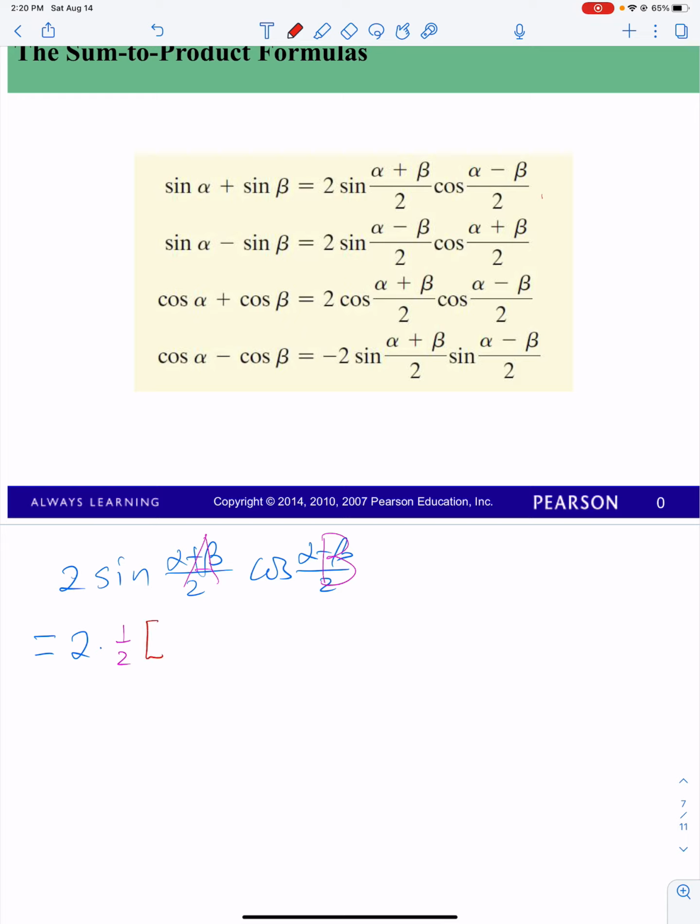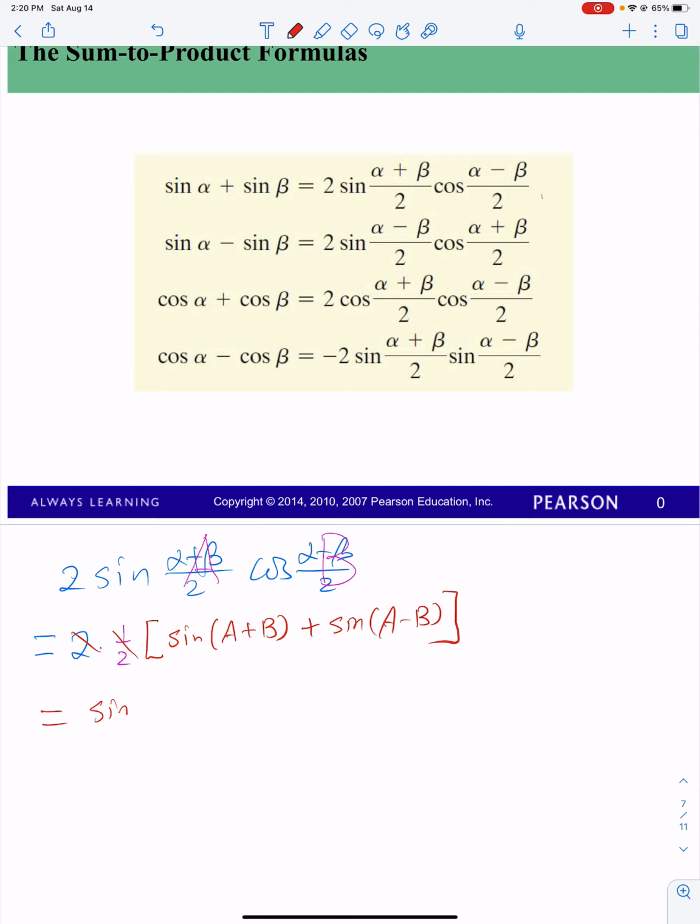Sine alpha cosine beta, what do we have here? It will be a half of sine of A plus B, plus sine of A minus B. Yeah, so we have sine of A plus B